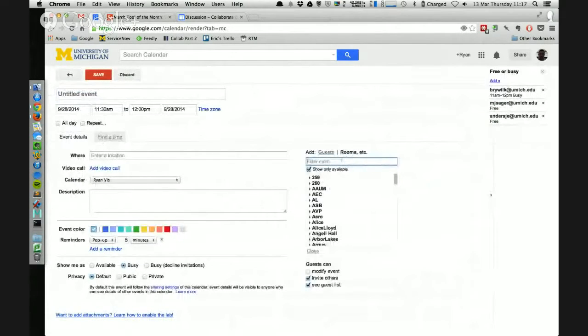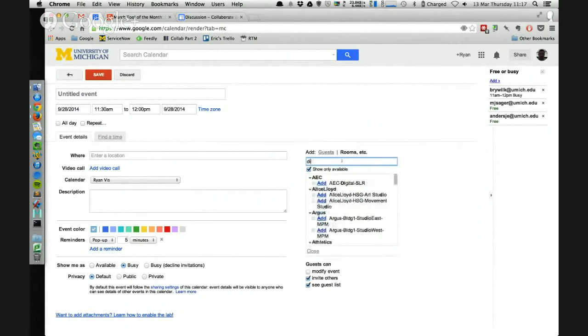on rooms here. Try some variations on what a room might be called. I know some places nickname their rooms, so maybe there's like, we don't do that anymore. We used to have all gemstones for ours, so you would have been able to search for that. If you're not finding anything, try clearing this checkbox as well, because maybe the room you're looking for is not available at the time you have selected up here. By default, it will filter out rooms that are not available. Clearing that will show you the room whether it's available or not.